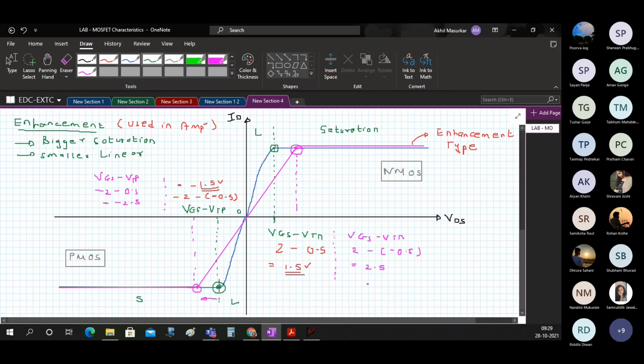Similarly, if you look at a depletion transistor, okay, so it will have bigger linear and smaller saturation.